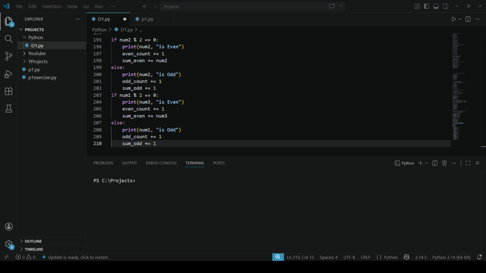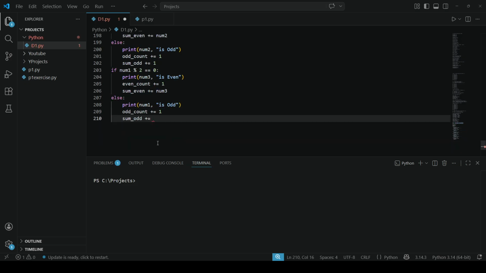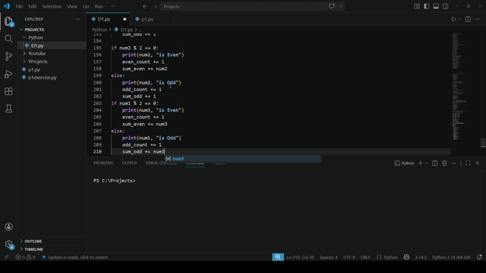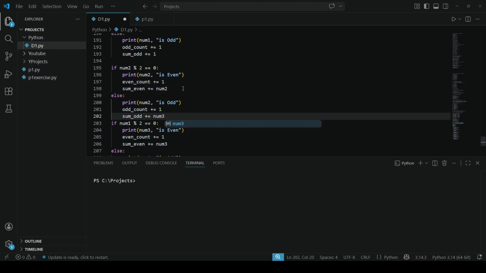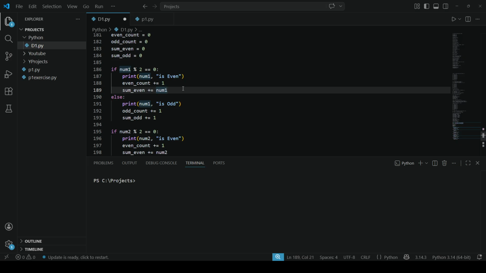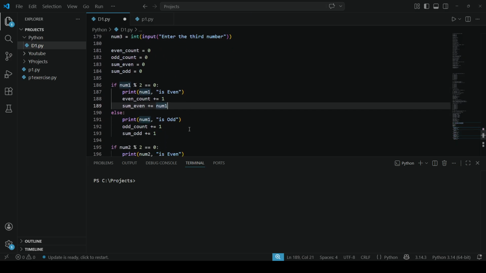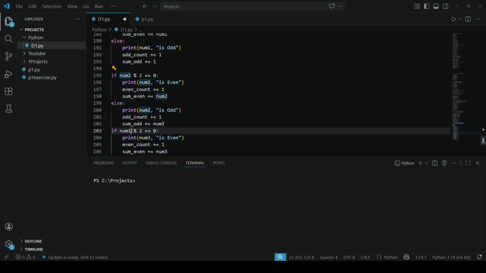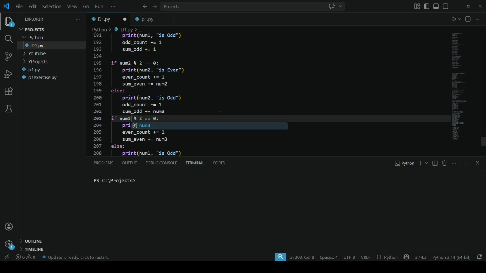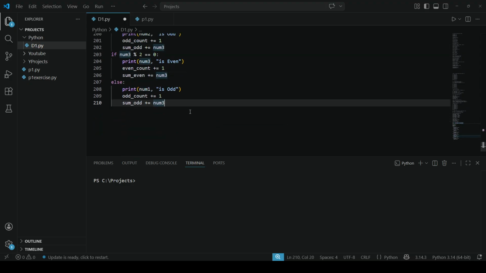Oh, sorry. It looks like I made a mistake here. It should be num3 here as well. Okay. Now it's the turn for the if num2, so it's going to be num3 here. Okay, now the logic is completed,